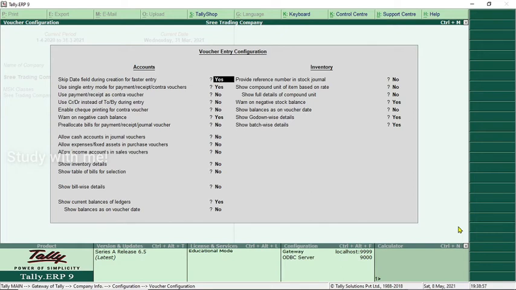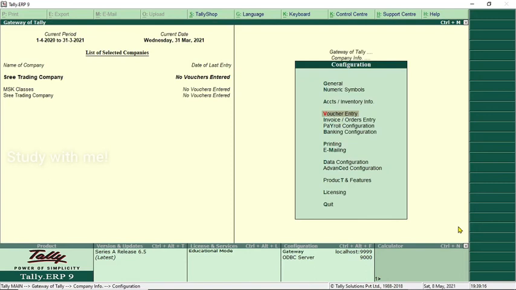If you press yes, we don't need to give the date on those vouchers while we are entering. This is the easiest way to go on. You can come out of it.